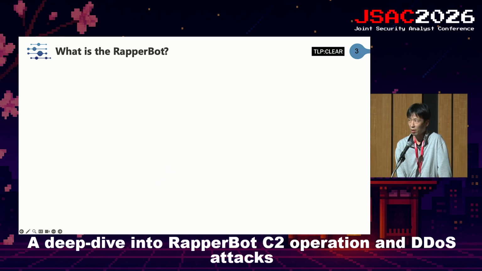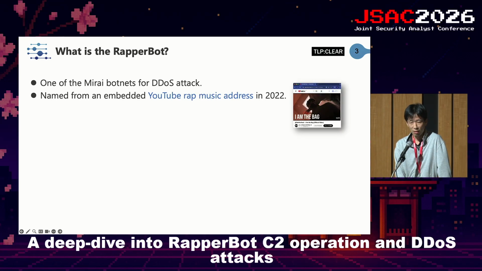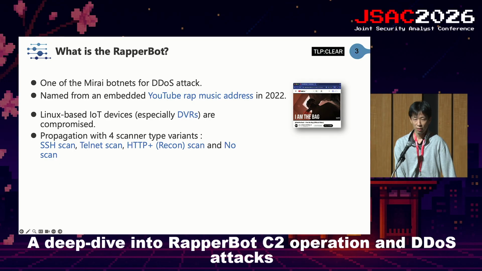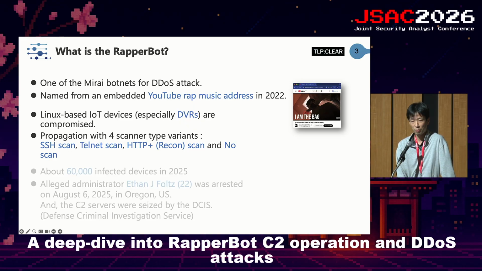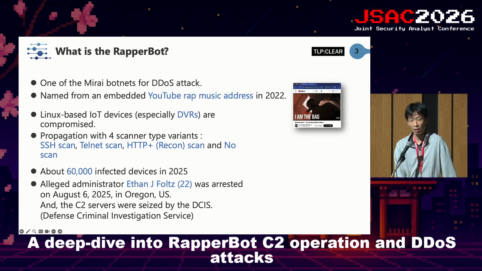Today, I will discuss RapperBot, starting with what RapperBot is all about. Now, this is the DDoS attack mirror type of botnet. It is named from the embedded YouTube rap music address. Digital video recorders are largely the victim devices. For propagation, there are scanners, and depending on the types of scanners, there are 4 types of malware. In 2025, about 60,000